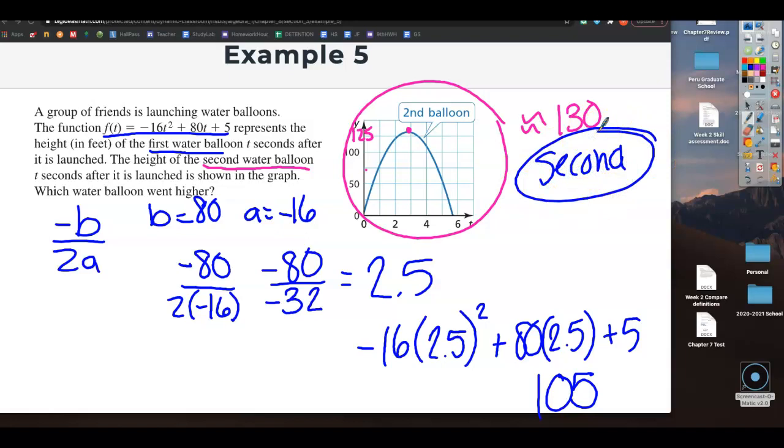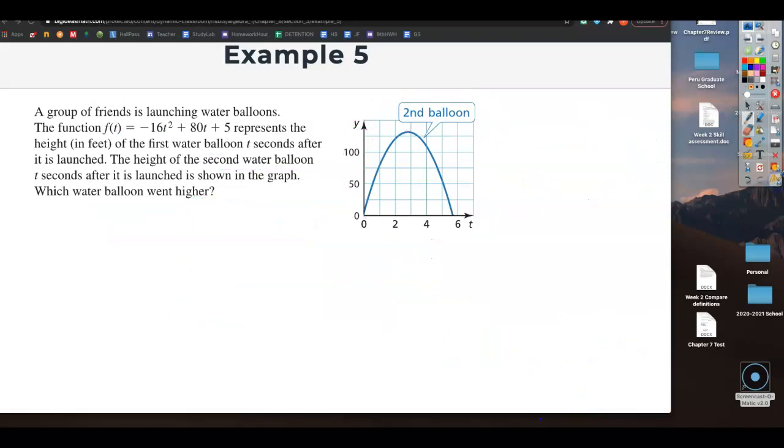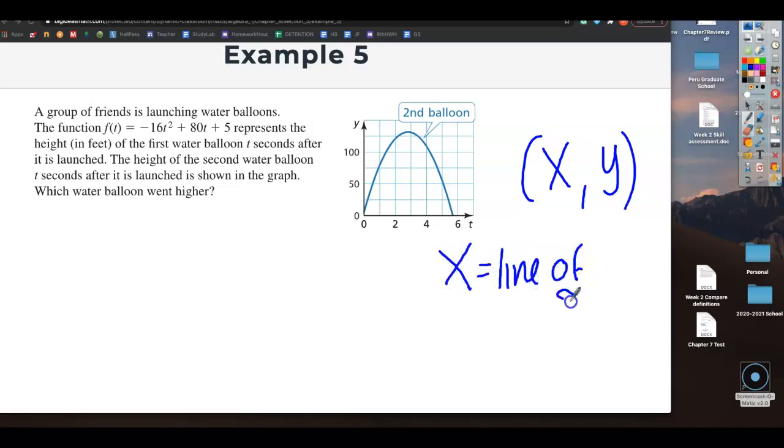So what do we always have to find when we are finding things? The vertex, okay? We've also talked about that the vertex tells me three things. It tells me where the graph changes direction. The x tells me the line of symmetry. And then the y tells me the range, if the graph is opening up,